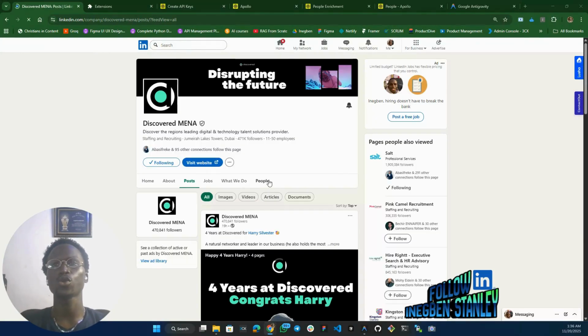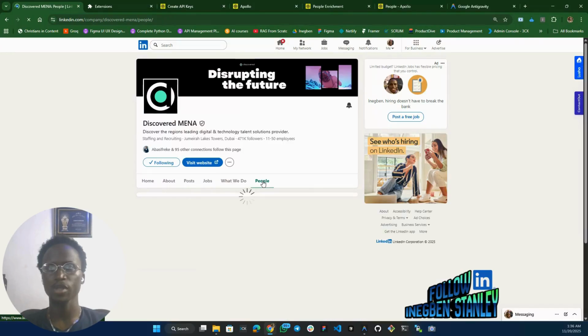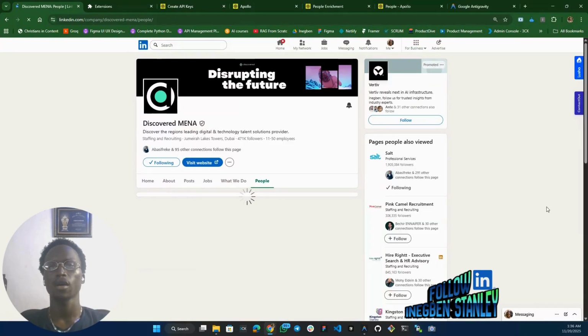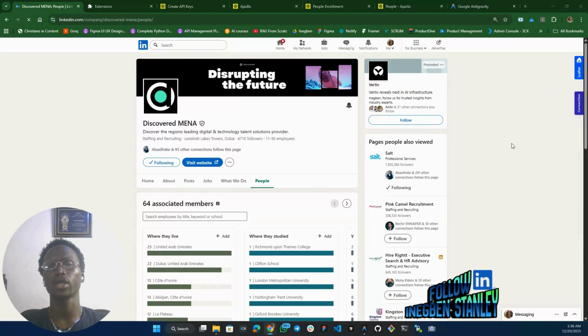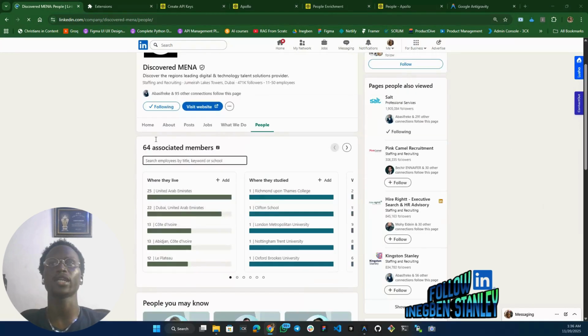Okay, so now we go to the people section, just as you would do with any other paid prospecting tool. You go to the people section as it were so that it can load up the necessary key stakeholders in that company for you. So it has loaded that, and we can see that there are 64 associated people with this particular company as it were. So now we want to use our tool to harness